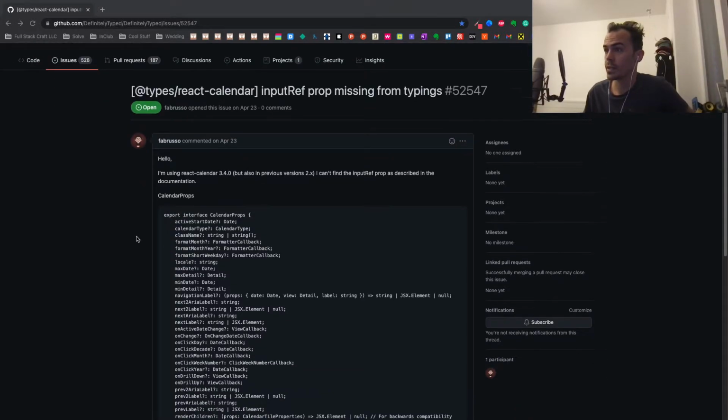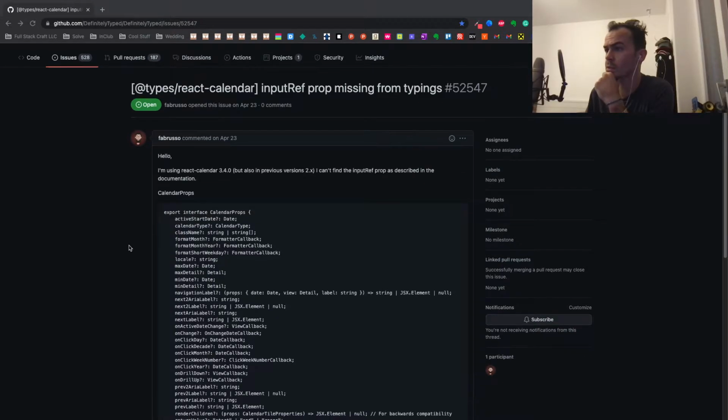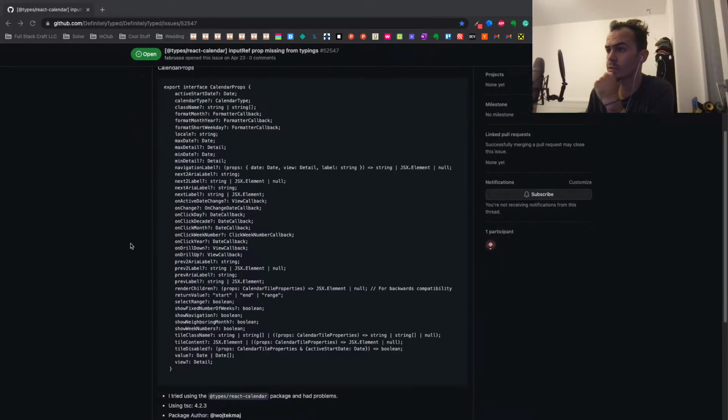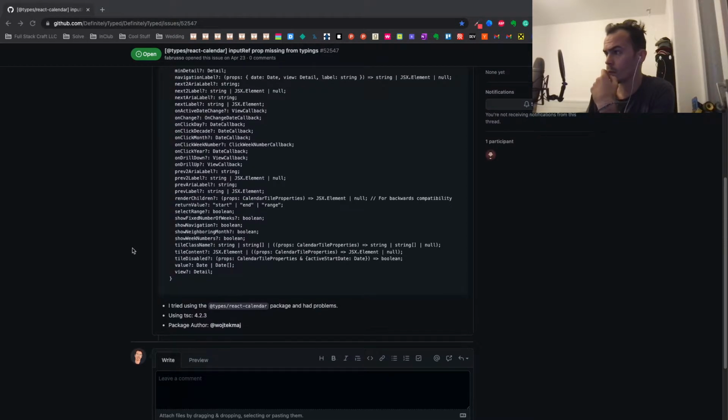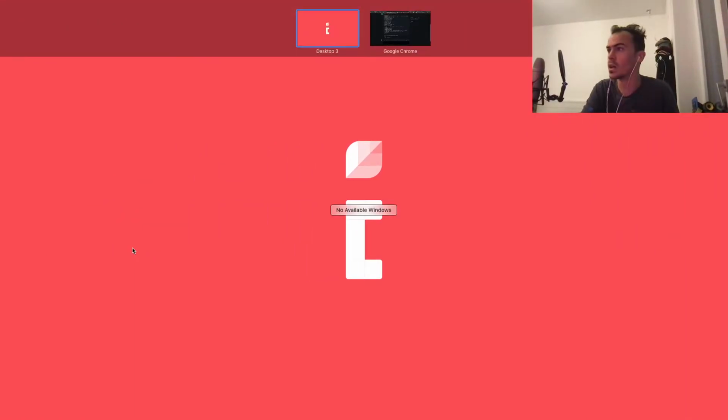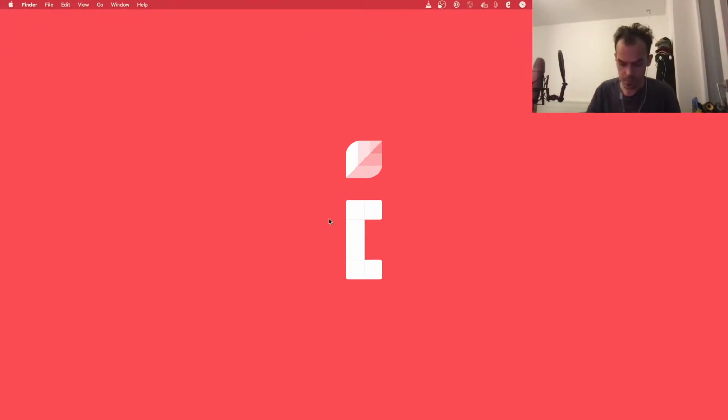So yeah, input ref prop, giant old interface here. Yeah, terminal up.